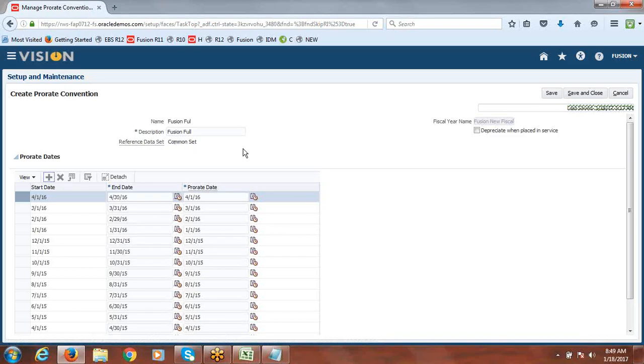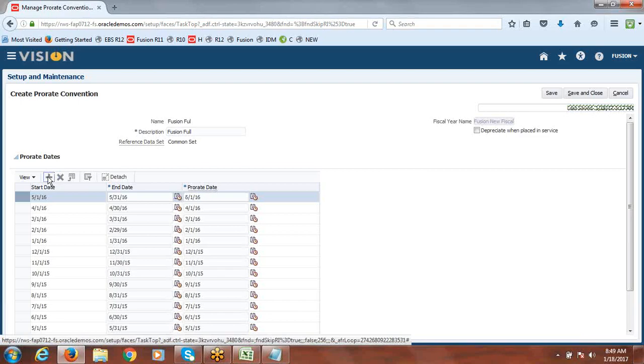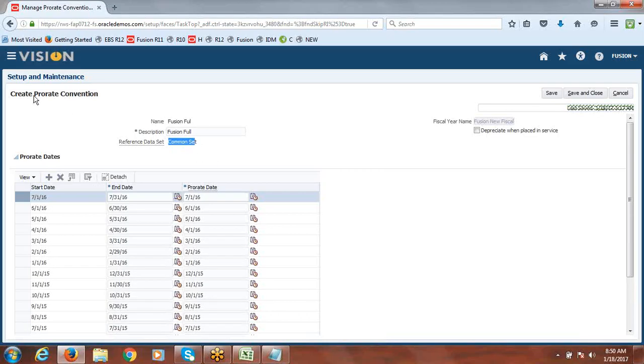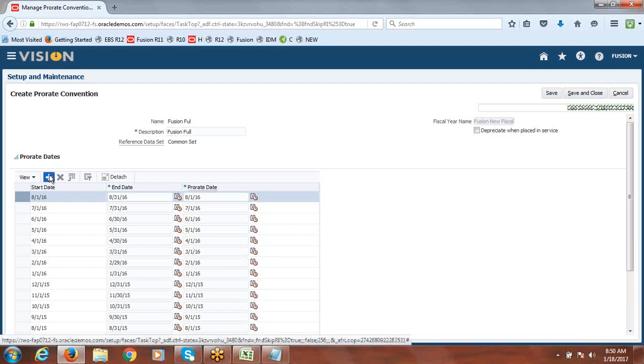And this common set or any reference data set, you can use at the books level also, for books related information, at all the levels. It's just grouping. This setup I am taking into this common set. That's it. Whoever has access to this common set can see this prorate convention. The definition remains the same. It's all about grouping, irrespective of the module. If you want to group any module related data, you may have one similar to common set. You may give a reference data set name that you can use everywhere, or else you can use the common set, where you can find the data related to any module.